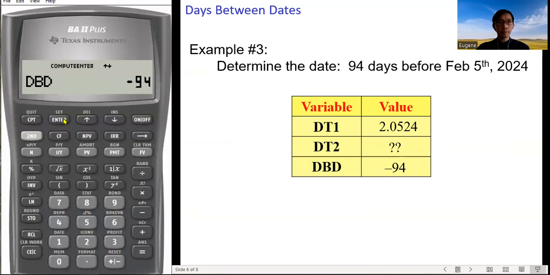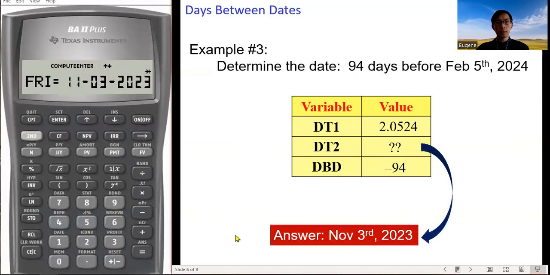Press enter. Get back to DT2. First, confirm the day count method. And then we get to DT2, plus CPT. 94 days before February the 5th, 2024 is November the 3rd, 2023, which is a Friday.